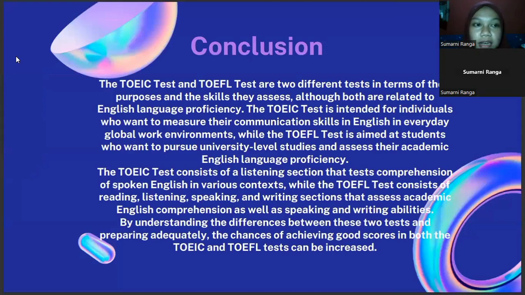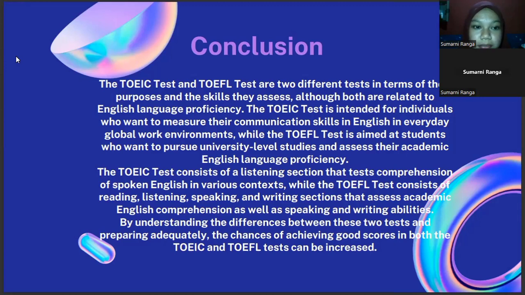To conclude my talk today, the conclusion is the TOEIC test and TOEFL test are two different tests in terms of their purpose and the skills they assess, although both are related to English language proficiency. The TOEIC test is intended for individuals who want to measure their communication skills in English in everyday global work environments, while the TOEFL test is aimed at students who want to pursue university-level studies and assess their academic English